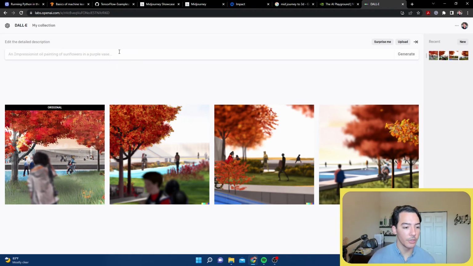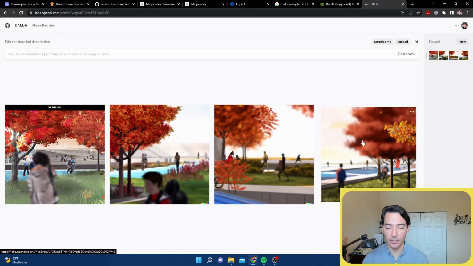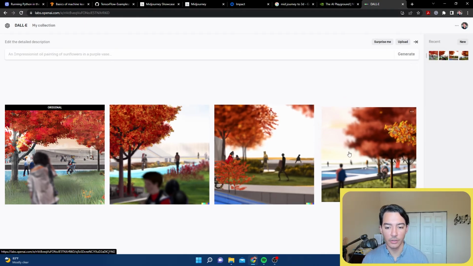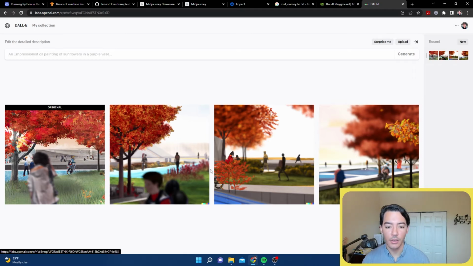Okay, so here we could see that the generated variations kept the trees basically the same, although for some reason they made them much blurrier. Seems like they have trouble with the field of view.